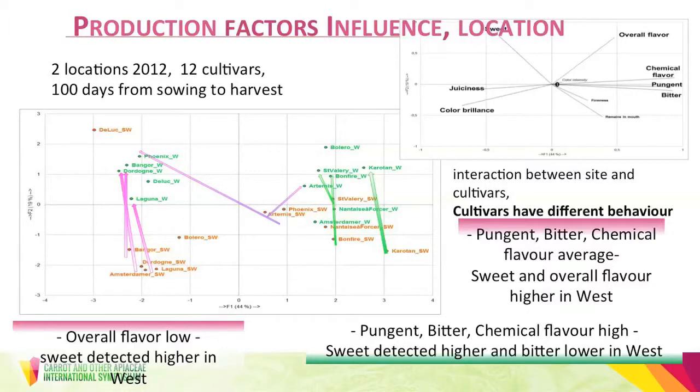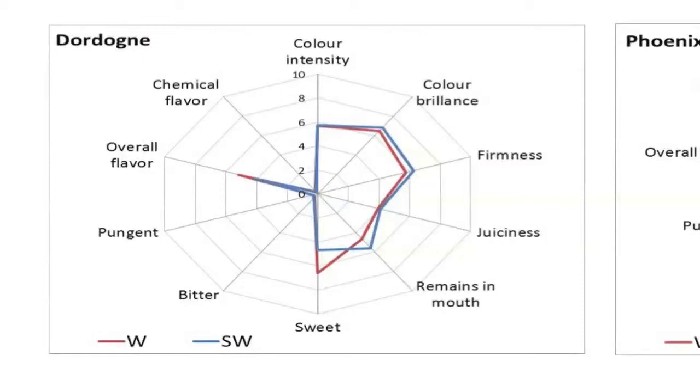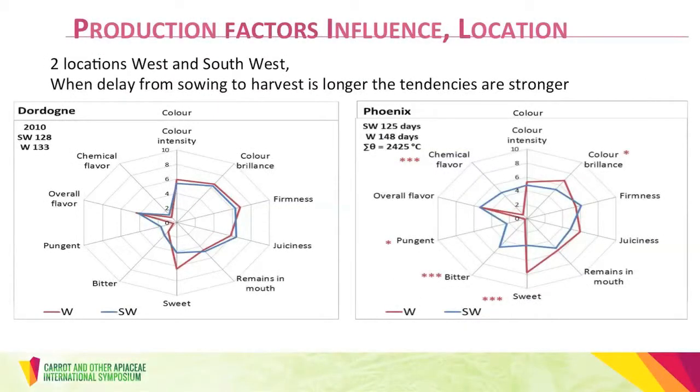Now, when you have a representation in a space, you have an overview of all the attributes. Now, with the profile, I can illustrate the difference for typical cultivars, like Dordogne, which has more or less the same profile in the two locations, just slightly sweeter, whereas another model we have, which is Phoenix, is significantly sweeter and less chemical when harvested in the west part. When the period from sowing to harvest is longer, the trends are stronger. For Phoenix,